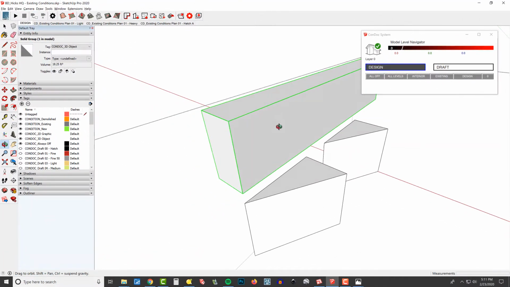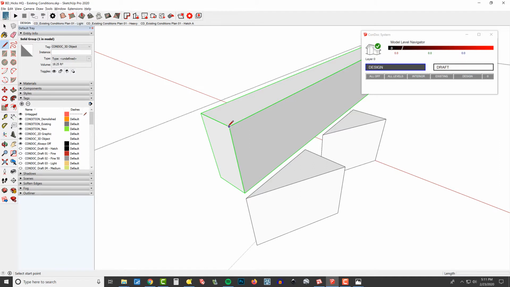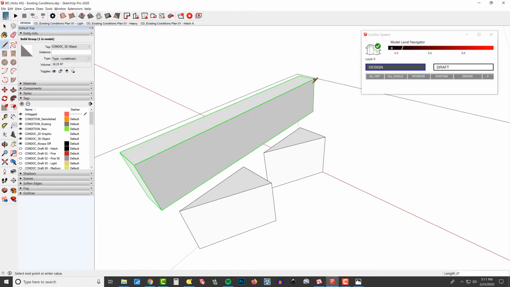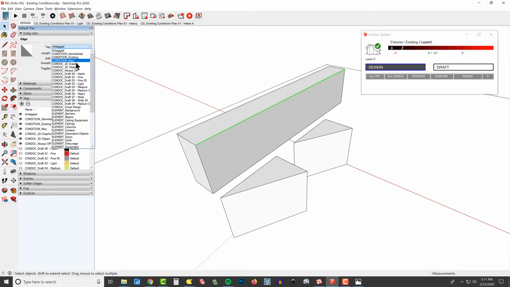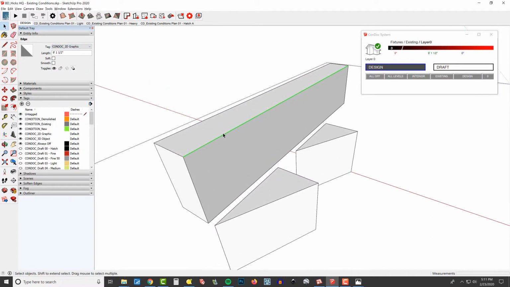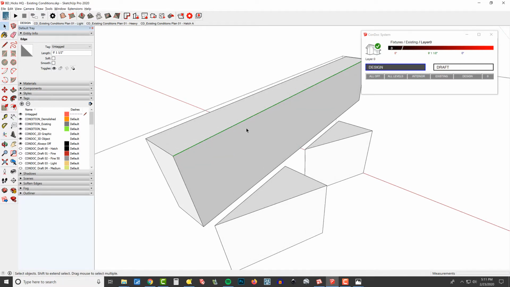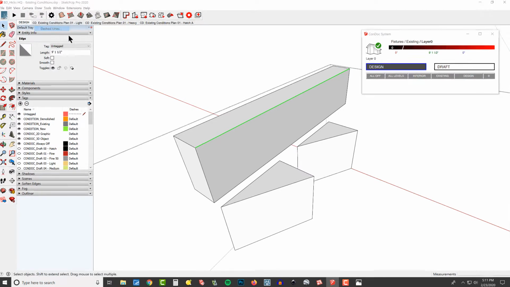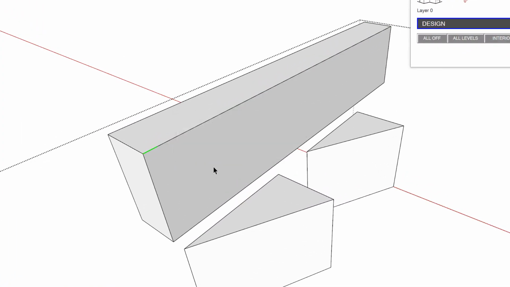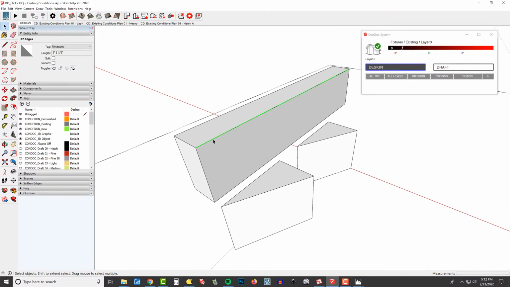Whenever you have a 3D object, you need to have a 2D graphic to represent it. So I just drew a line, and that is going to be my 2D graphic. Actually, before I assign a layer to an edge, let me do this. I'm going to run a script called dash lines, and 3 inches is cool. Let me just take all of these and make a group